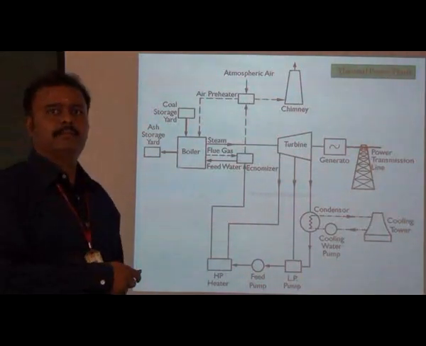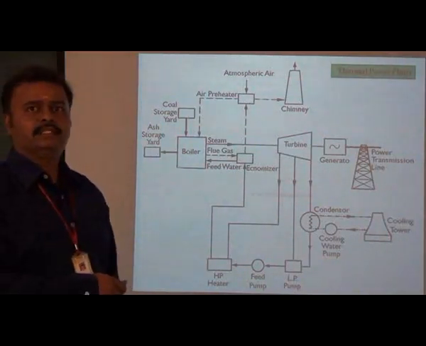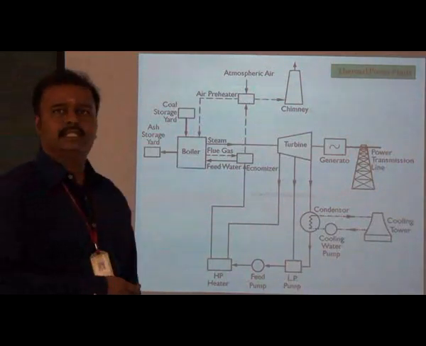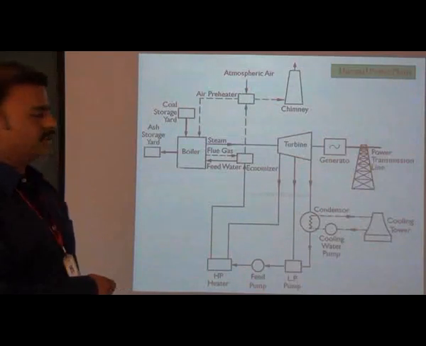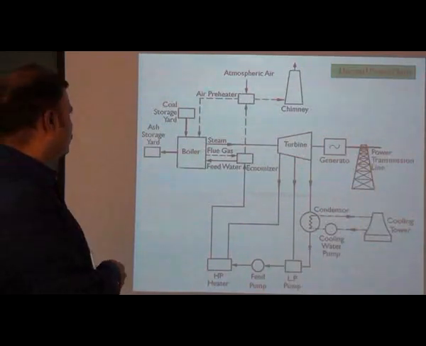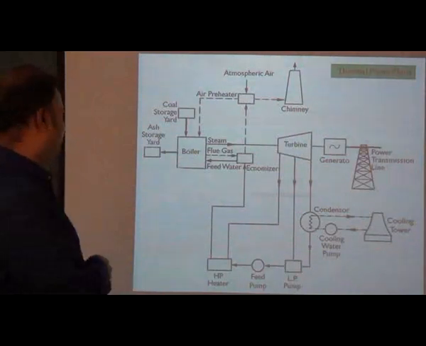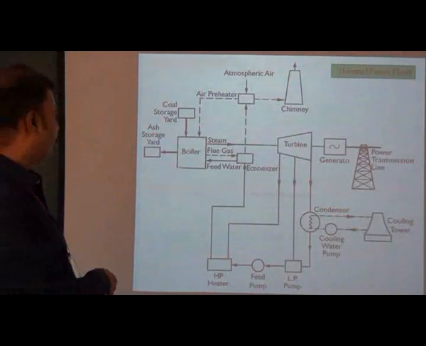So the ash temperature in the boiler is around 2000 to 4000 degrees centigrade. So we must remove the ash by using the ash handling equipment. At the same time we must take care of the temperature of the ash also. So the same importance we are giving to the coal storage yard, that much importance we must give to the ash storage yard also. We must remove the ash continuously from the boiler.